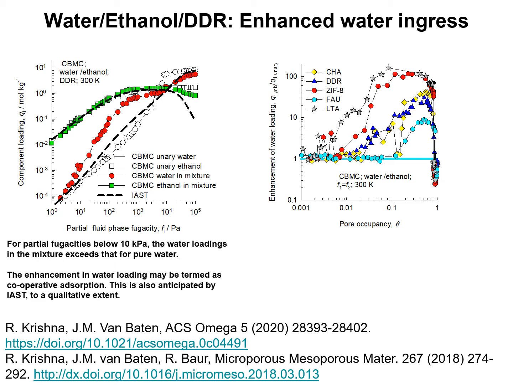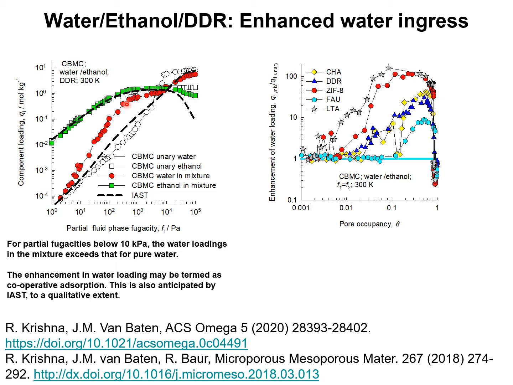Due to a strong hydrogen bonding between water and ethanol molecules, the component loadings of water for mixture adsorption, shown by the red circles here, are significantly higher by about 1 to 1.5 orders of magnitude than the component loadings for pure water. This is the consequence of enhanced water ingress due to the fact that the water molecules are bound to ethanol molecules due to hydrogen bonding, and they ride piggyback on the ethanol and get